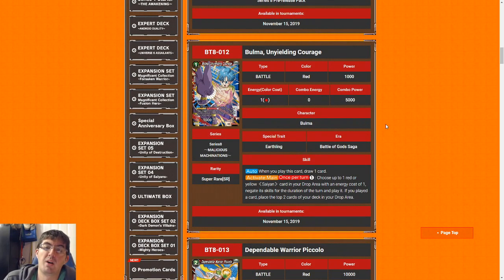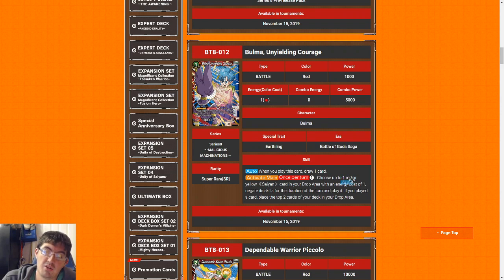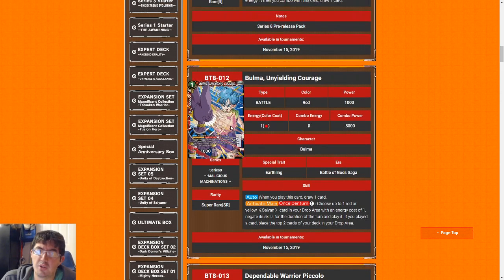Next up is Bulma Unyielding Courage. 1 cost, 1k is kind of bad stats, but doesn't matter because you're only playing 1 cost cards usually for their ability to cantrip, which thankfully Bulma does. She also has the ability to constantly bring back revenge blockers, which if you are in Bulma is very difficult for decks that are not BEERUS to deal with, because you just have wave after wave of free blocks every single turn, and the revenge ones in particular can start to take care of the larger, bigger bombs that your